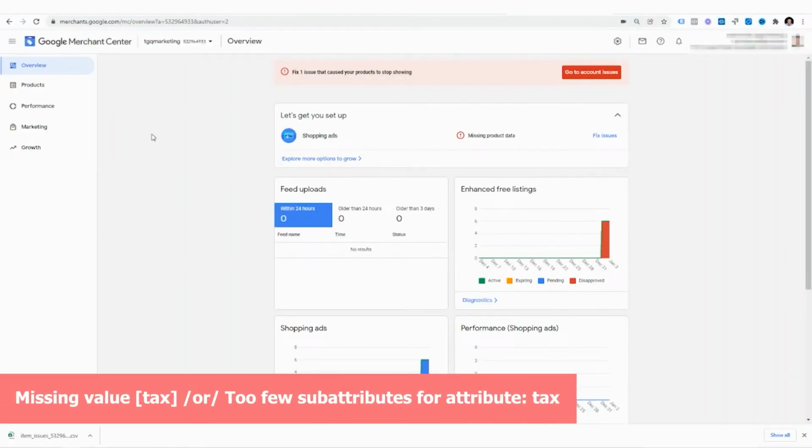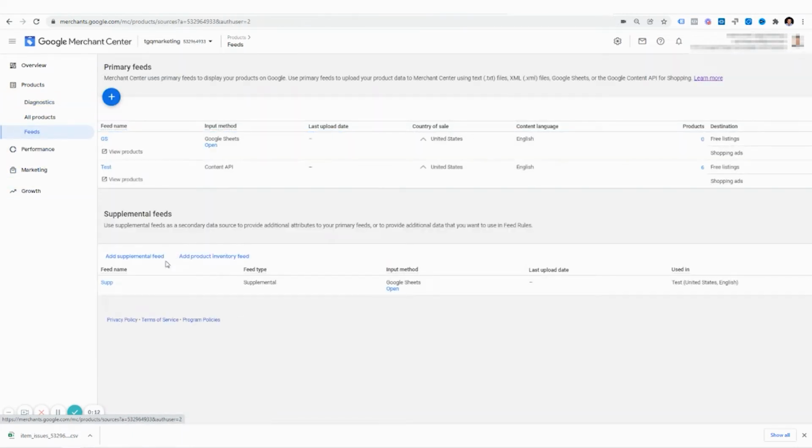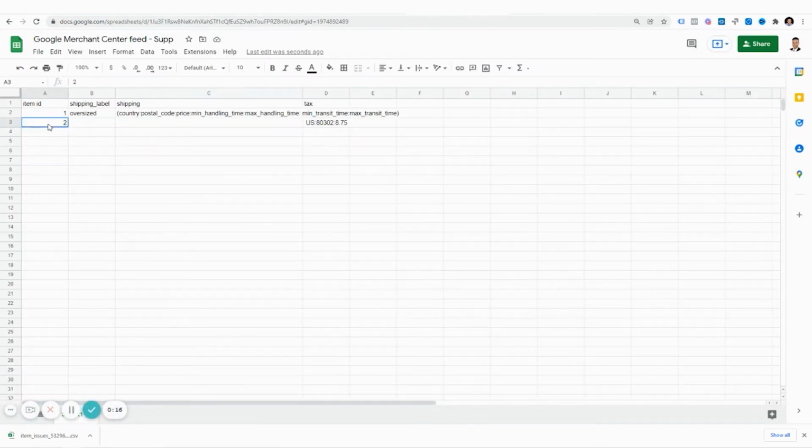All right, for a missing value tax, you're going to want to go to your products, see the diagnostics as well, get the item ID of the product that has the problem, then go to feeds. You want to click open to your supplemental feed. Then once you get to the supplemental feed, you're going to want to get the item ID of the issued